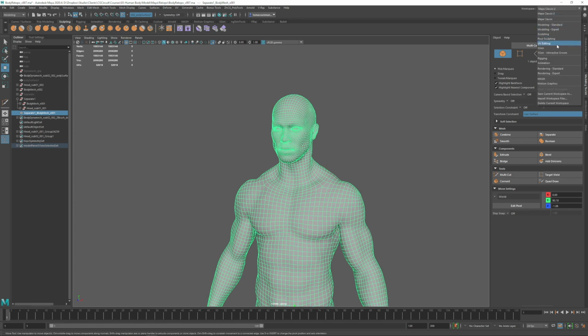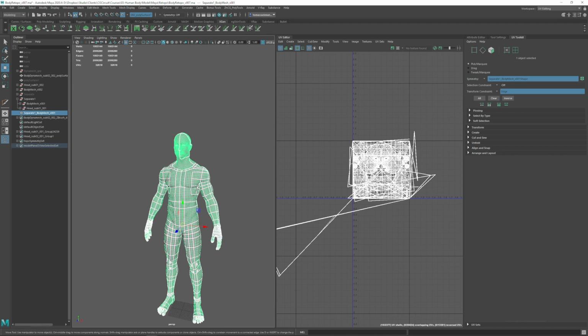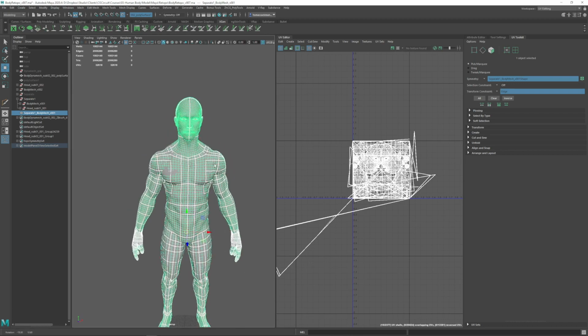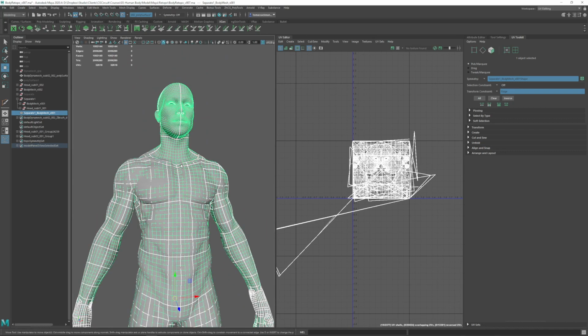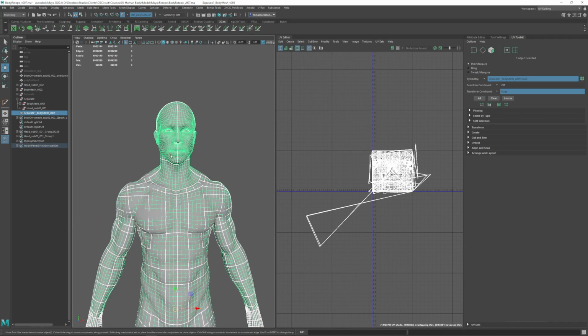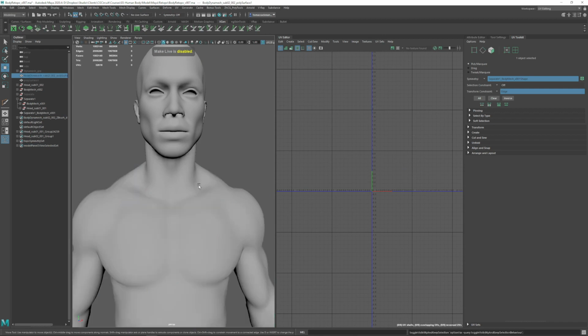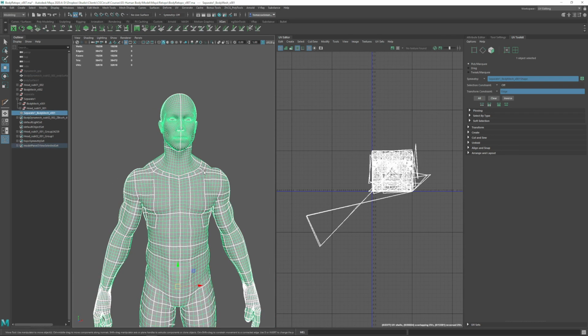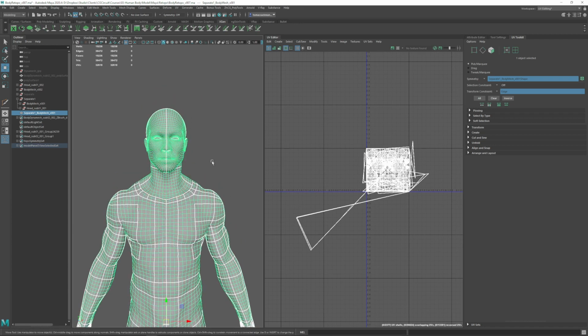So we'll come here, we'll do UV Editing, and as we saw before, now we can see here the head has proper UVs, but then the entire body is a mess at the moment. So what we will do at this point is go to our live surface first and hide it, so we have only this. And here what we need to do is start creating these UVs, and for that I will